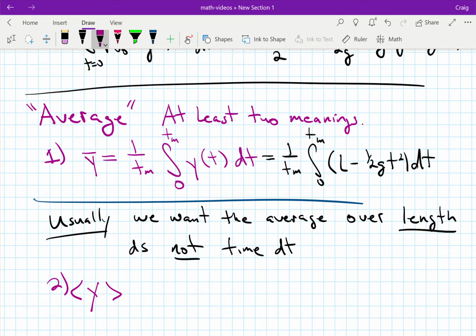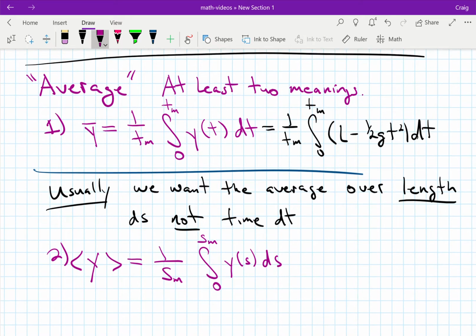So now if I'm sitting on the ball and I'm making measurements of the height and I want to define an average, whereas before I was using a stopwatch to figure out how often I should make measurements of height to average together, here I would be making measurements of distance. And so every time I traveled 1 centimeter, I would read off the height that I was at, and I would average those numbers together. So this is an average over length traveled along the path. And so that's the integral of 1 over the total length along the path, from 0 to the maximum arc length, y of s